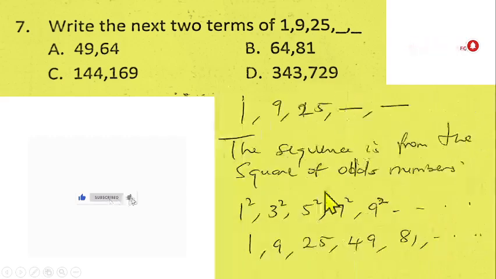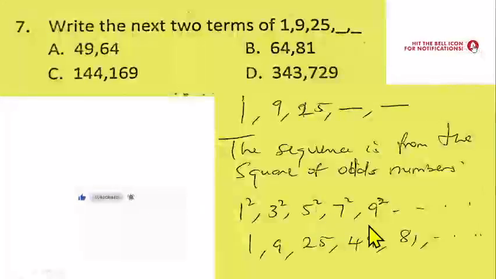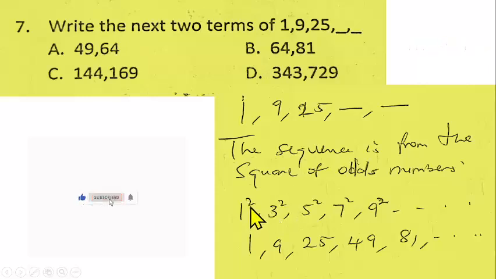So the first odd number is 1. So 1 square gives us 1. The next odd number is 3. That should give us 9. The next one is 5. 5 square gives us 25, which is where they stop. The next odd number should be 7. 7 square gives us 49, and the next odd number is